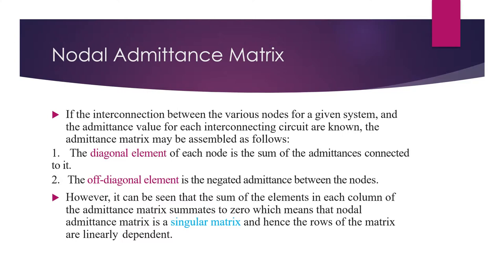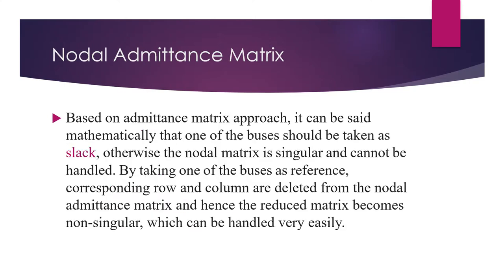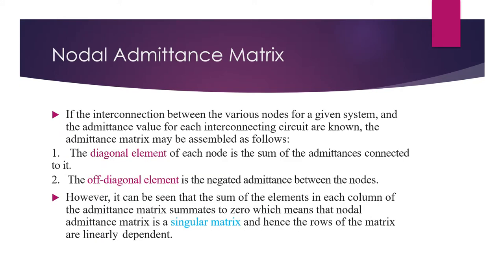Then for a 5-bus system, we found the nodal admittance matrix, and we saw that out of 25 elements, 8 elements are 0, whereas 17 are non-zero. In a large system of 100 nodes, these non-zero elements can be as small as 2% of the total elements. So the computer memory requirement for storing the nodal admittance matrix is very low. It needs to store only a few non-zero elements and does not store the zeros of the matrix.